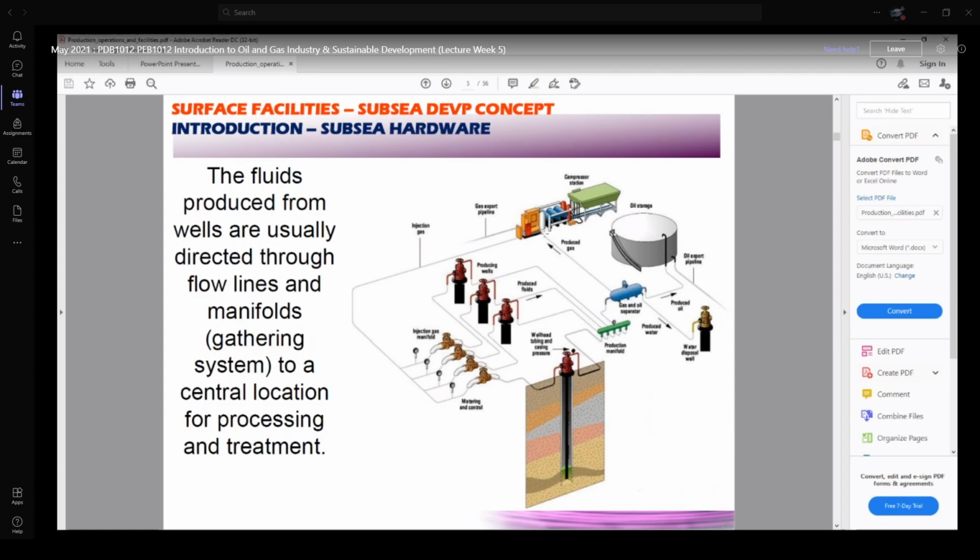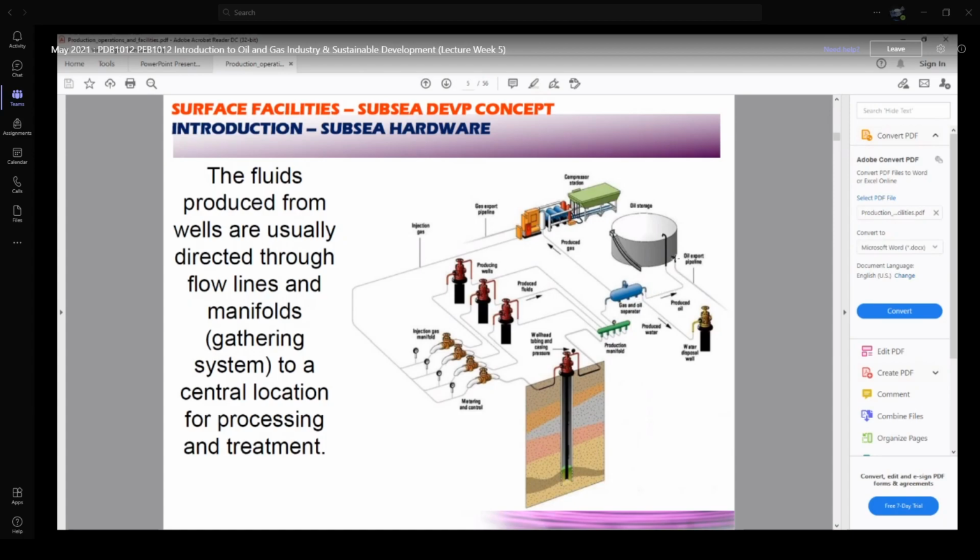The gas goes from here to the compressors, and if we want to reuse it for injection purposes into the well, we can. If we are not able to re-inject it, what we normally do is either use it for domestic purposes, or if its quantity is very small, we can flare it in air. But the oil, gas, and water from the separator go to the other processing facilities, which are gas processing and water processing.